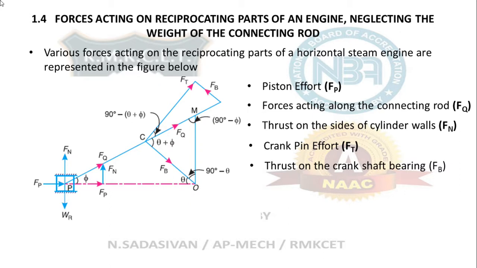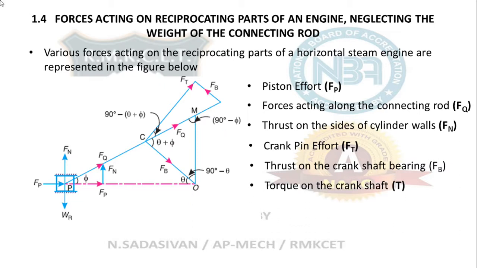Here I would like to add that this Ft and Fb are the two components of Fq. This line is further extended here, and it has two components, one is Ft and one is Fb. Why are we resolving it again into two? Because they have distinct effects on the engine parts. That's why we are resolving it. Let's see it in greater detail when we do that.